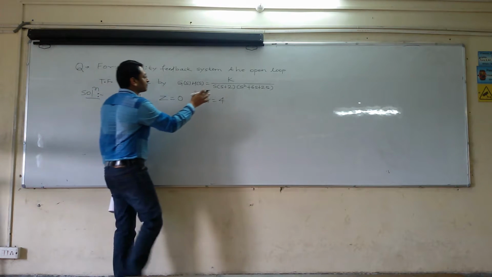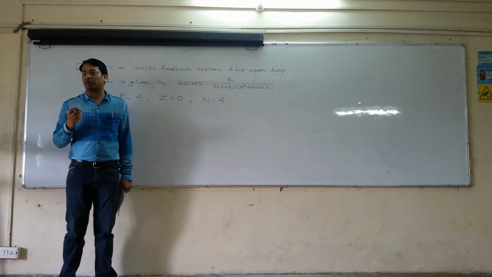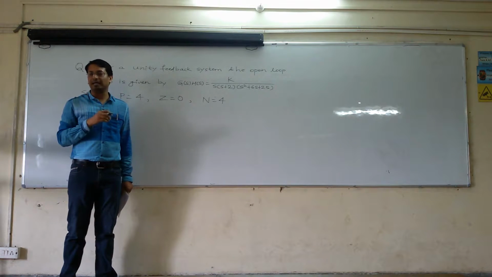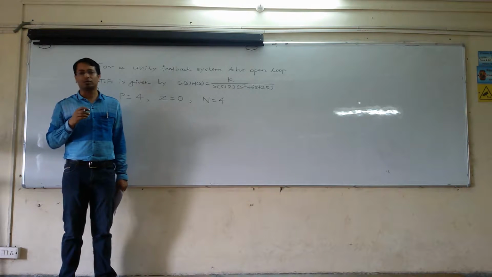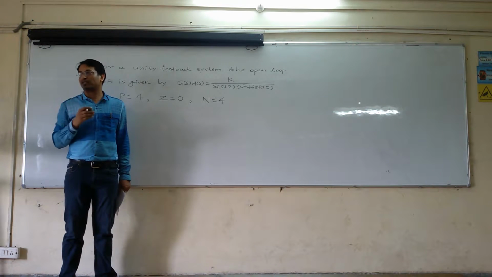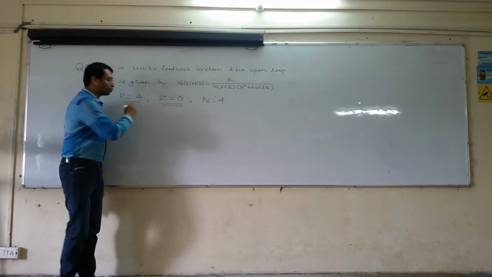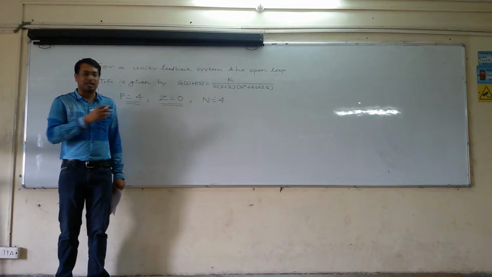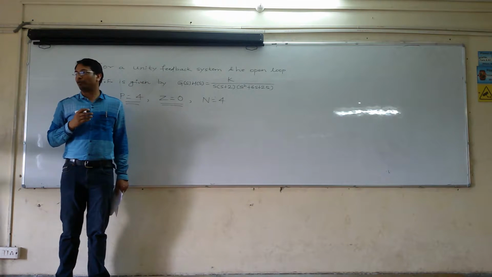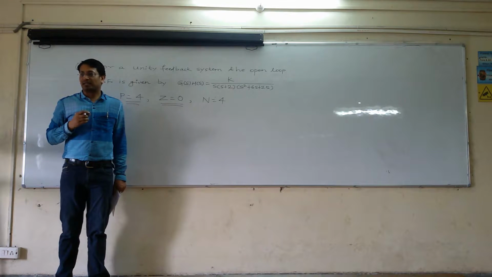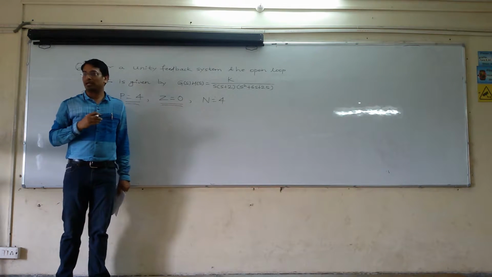So let us find the next point. The second point says that the root locus is going to start from the open loop poles and will end at the open loop finite zeros. If there are no zeros, then it will move towards infinity. So here you know that there are 4 poles. So those 4 branches will start from these 4 poles, and there is no zero. So all of the 4 branches will move towards infinity along the specified asymptotes, which we will calculate.